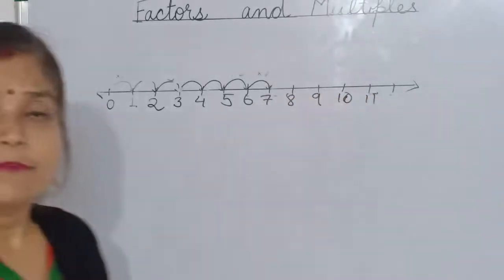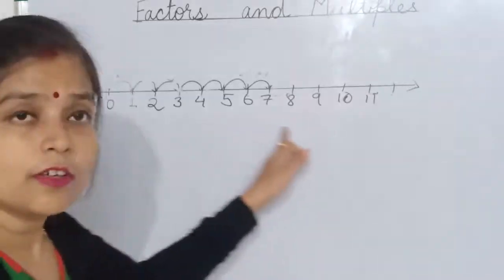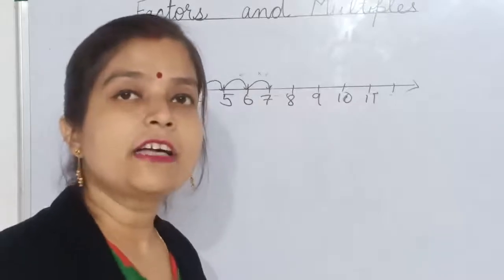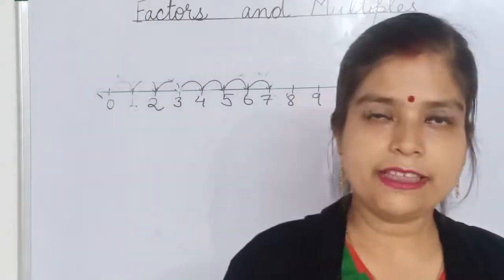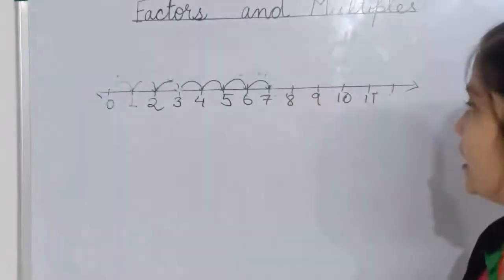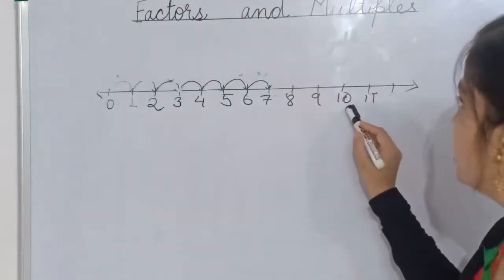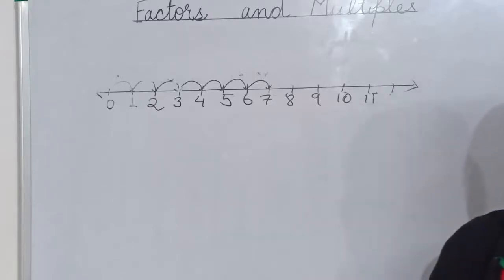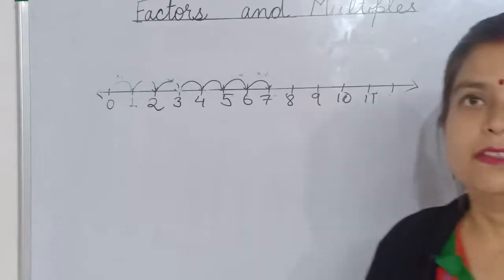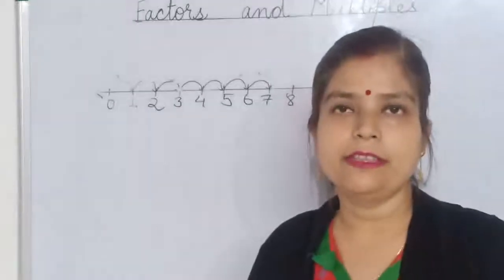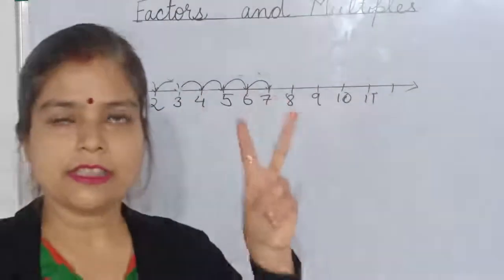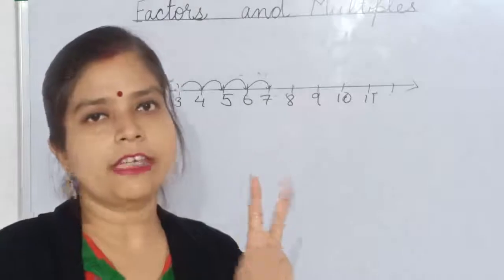We are jumping by one step. Then 1 is a factor of every number we can see here. So 1 is a factor of all the numbers. Okay, 1 point you get here. Second point, that number itself is a factor of that number, because when we divide 10 by 10, it will leave no remainder, 0 remainder. So 1 and the number itself are definitely factors of that number.